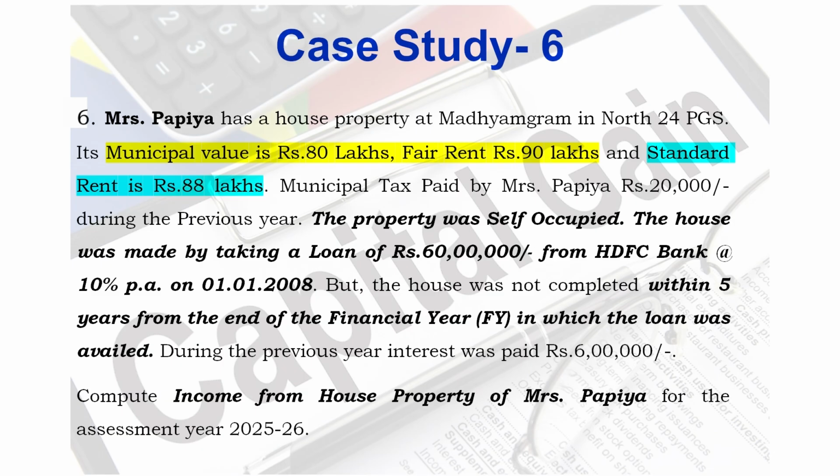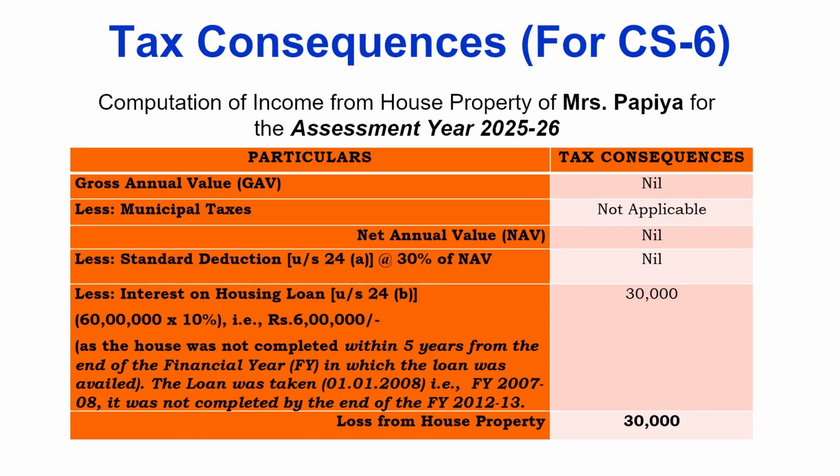Now we need to compute income from house property of Mrs. Papia for the assessment year 2025-26. Now let's see the tax consequences. Gross annual value, that is GAV, is nil. Municipal taxes not applicable for deduction. So net annual value becomes nil. Now standard deduction under section 24(a), that is 30% of net annual value, it is here nil. Now